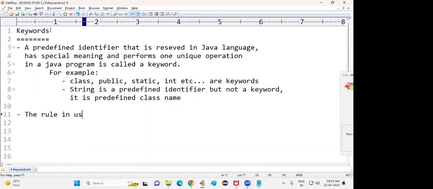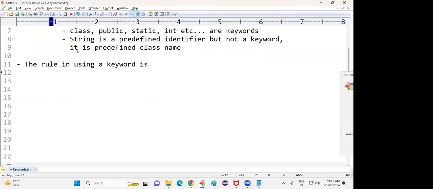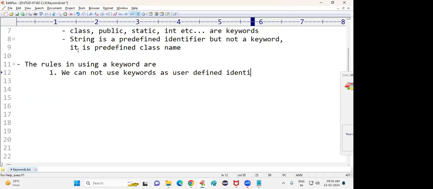The rules in using a keyword are: number one, we cannot use keywords as user defined identifiers. Number two,